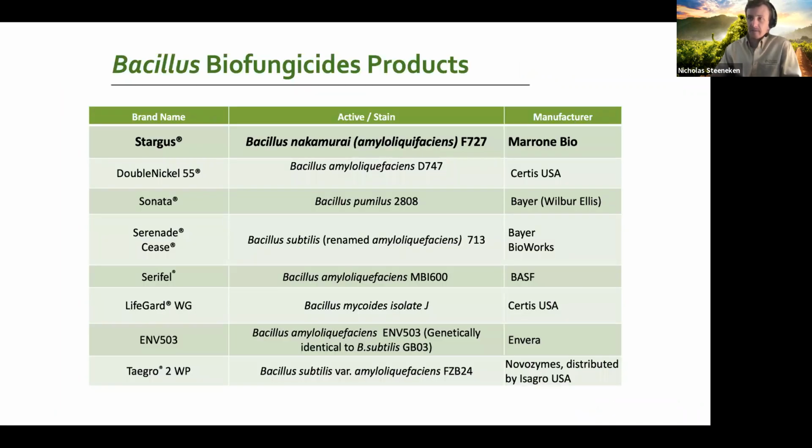Stargus compares to some other Bacillus products out there. However, our unique strain is very hardy. We designed it when we were doing our R&D. It was really aimed at being able to fight downy mildew, which is harder to kill than powdery mildew. Some of the other Bacillus products out there you might be familiar with: Double Nickel, Sonata, Serenade, etc. They're all unique. They all have their pros and their cons. However, I'm pretty big fan of Stargus right now. It's very robust.